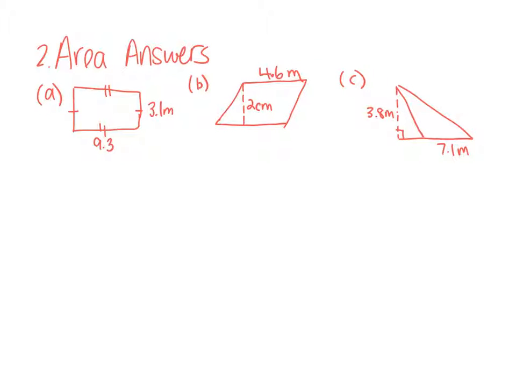These are the answers to the area questions. So here we have a rectangle, 9.3 by 3.1 meters. The area of a rectangle, if you use your formula sheet, you'll see it's just length times width. So the length is 9.3 times the width is 3.1. And if you just multiply those together, 9.3 times 3.1